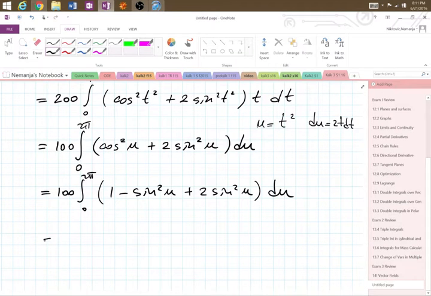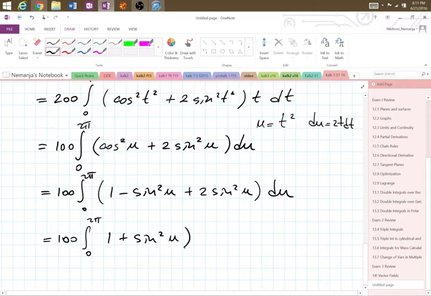To make this easier, we get 100, 0 to 2 pi, and this becomes 1 plus sine squared u